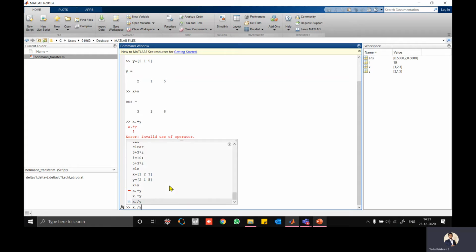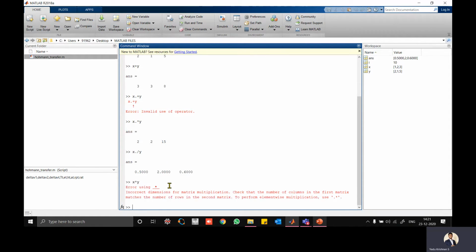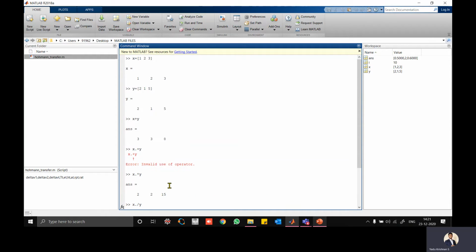Otherwise what happens, we'll see. I just multiply x into y. It will show the error. What is the error? Incorrect dimensions for matrix multiplication, because your x was 1 by 3 and the y also was 1 by 3.